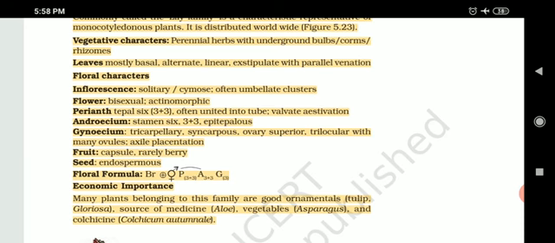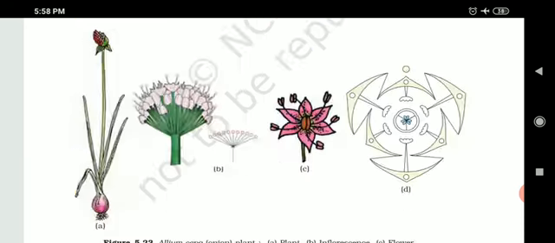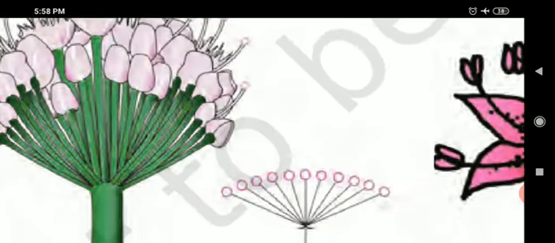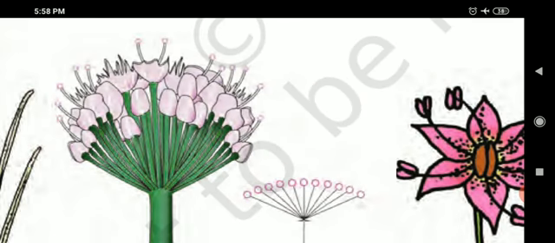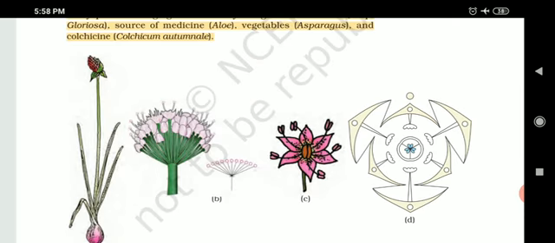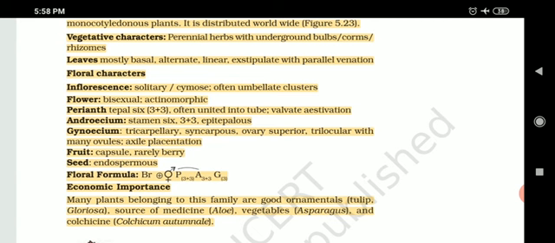Inflorescence is cymose. They are found in clusters. You can see flowers are found in clusters. It is difficult to differentiate that how many flowers they are. So they are found in clusters. And inflorescence is cymose. There is only limited growth of the floral stem. Coming to flower. Flower contain both male and female part. Symmetry is radial, so actinomorphic.